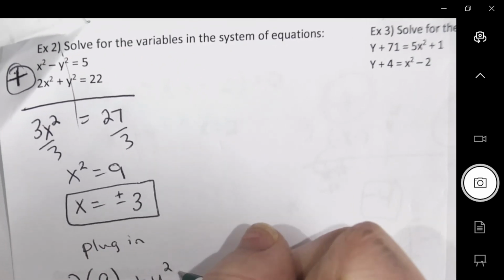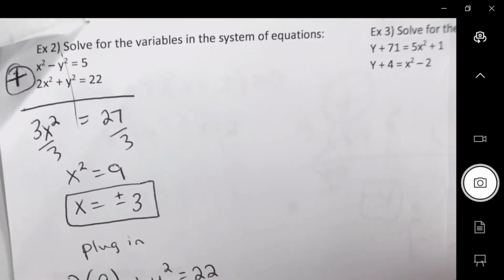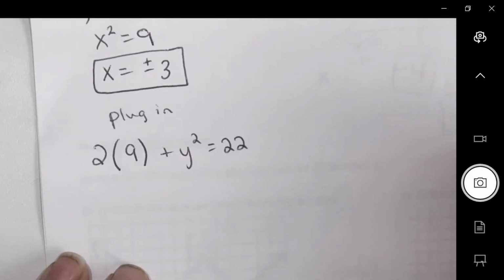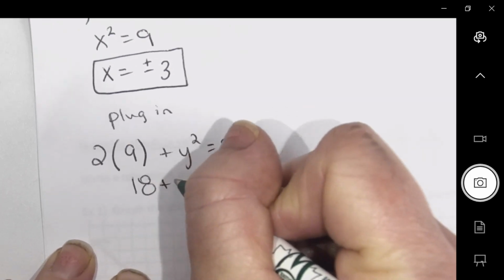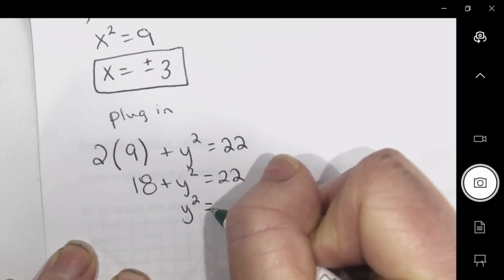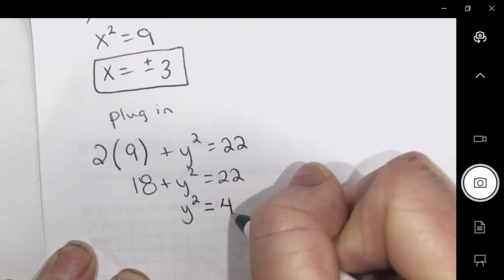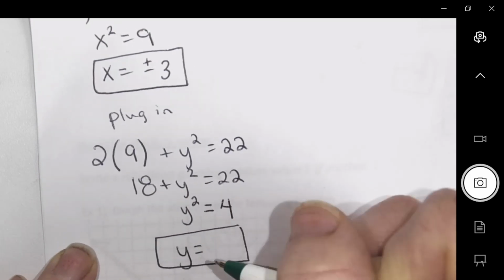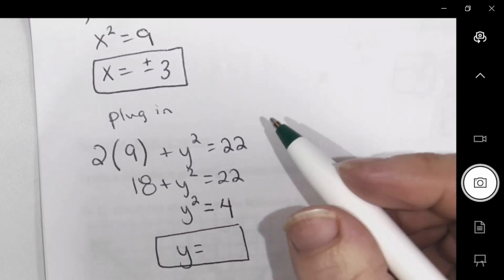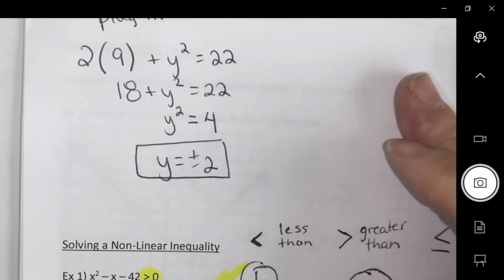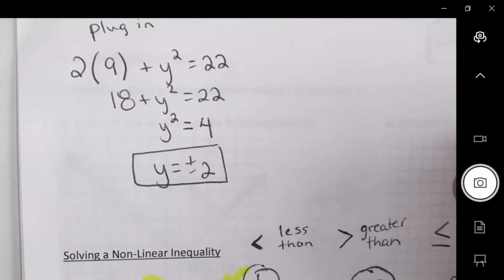Plus y squared equals 22. So 18 plus y squared equals 22. Y squared equals 4. And we write plus minus. So